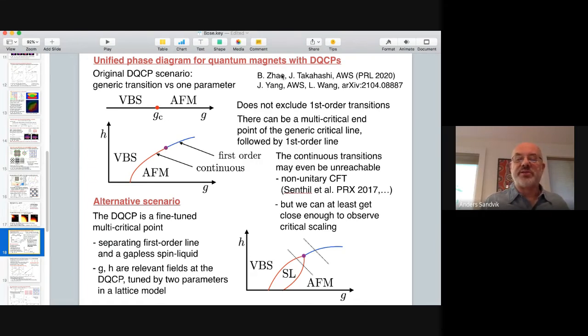Now, in these 2 papers, which I unfortunately cannot discuss in detail, in the first paper here, we actually started to argue that this scenario may not be correct for the kind of models we are looking at, at least. And in this second paper, which I will say a little bit more about, it became more clear. But our new scenario is, I think, quite exciting like this, where actually this continuous line of deconfined critical points may be unstable and open a spin liquid phase, which terminates at a critical point. And then there's a line of first order transitions, and those first order transitions should be like the ones I